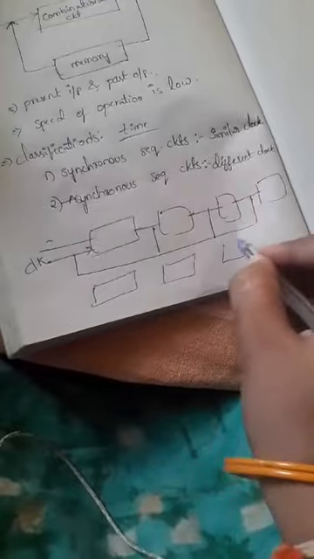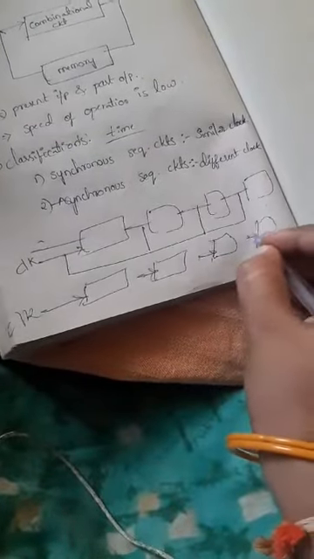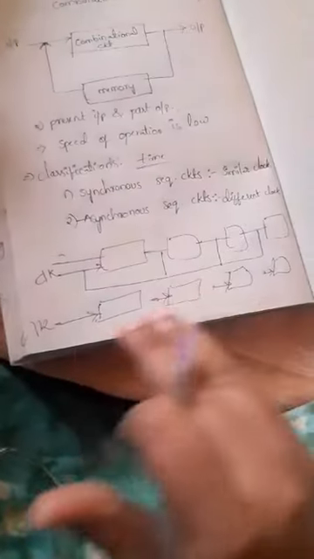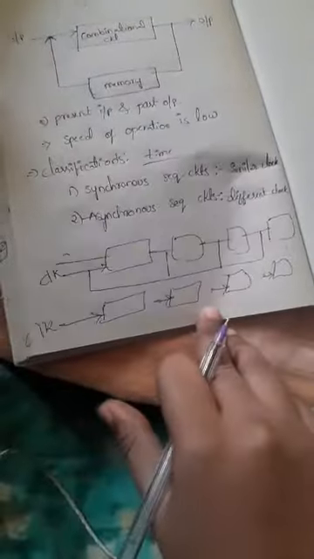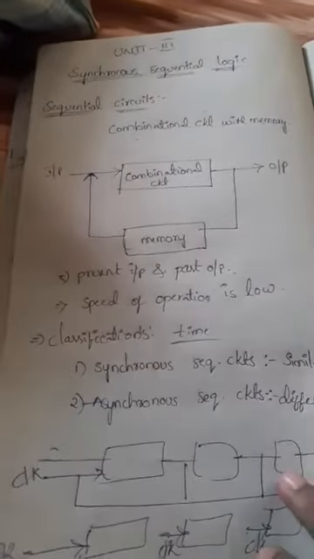For example, if you are taking the same sequential circuits of 4 levels, they may be connected to different clock signals. That means individual clock pulses are connected to each sequential circuit. So it runs with this clock, and another runs with another clock. Like that, different clocks are connected to each level. So this is an asynchronous sequential circuit. The clocks are different, so it is called asynchronous. And if the clock is single and connected to all the circuits, that is called a synchronous sequential circuit. So this is the definition and classification of sequential circuits.